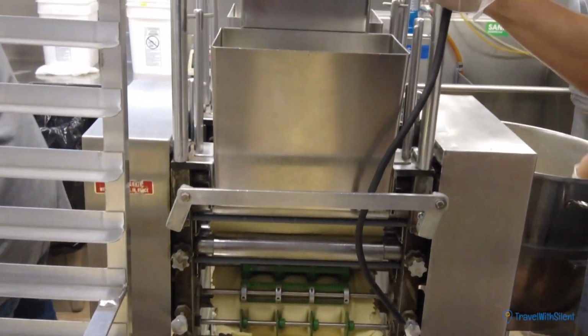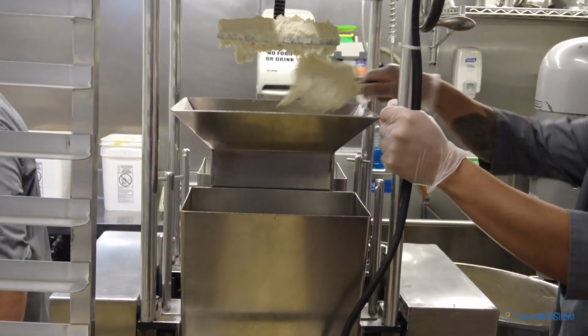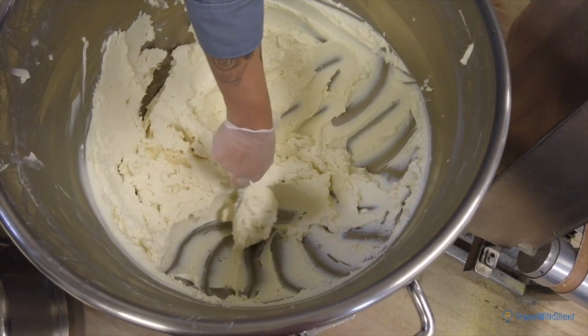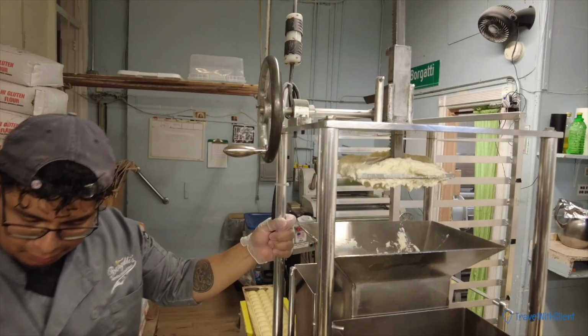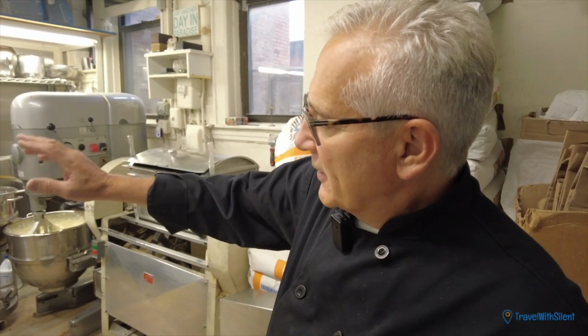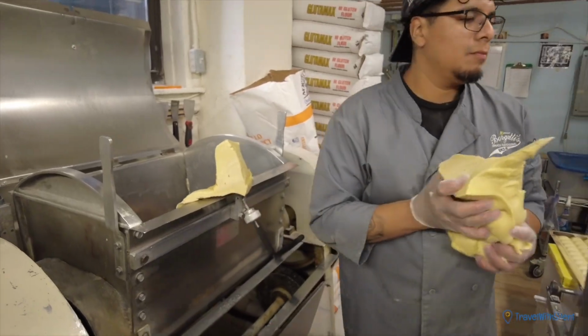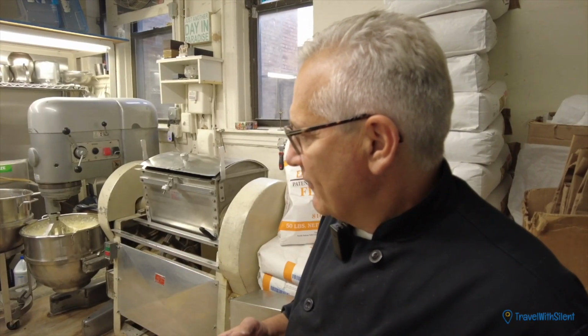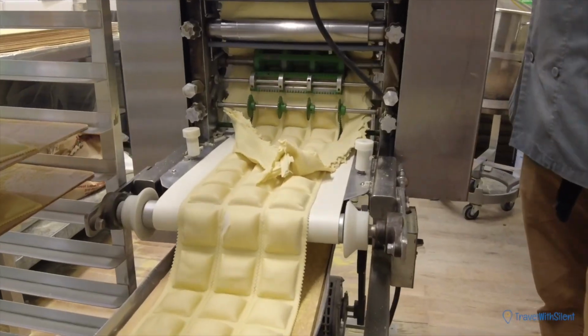With our ravioli machines, this one happens to be the large ravioli machine. We have 3 sections on the top where the filling is put into the middle section and gets pushed down into the tubes, which is going to be formed with the die, and there's dough in the back, dough in the front. They all kind of meet and they have this marriage together,